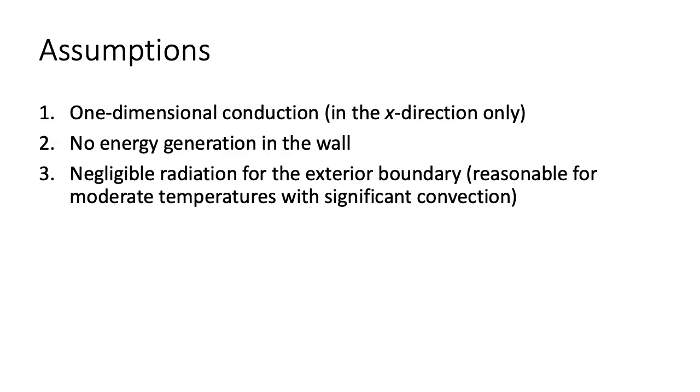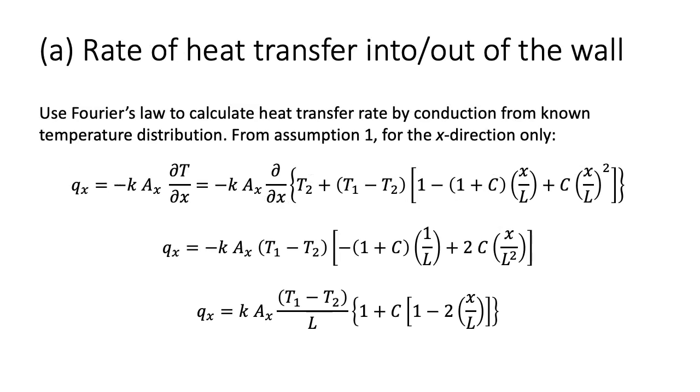Our third assumption for this problem is negligible radiation for the exterior boundary. This is a reasonable assumption for an opaque wall and for lower temperatures combined with significant convection at the exterior boundary. For part A, to determine the rate of heat transfer into and out of the wall, we can use